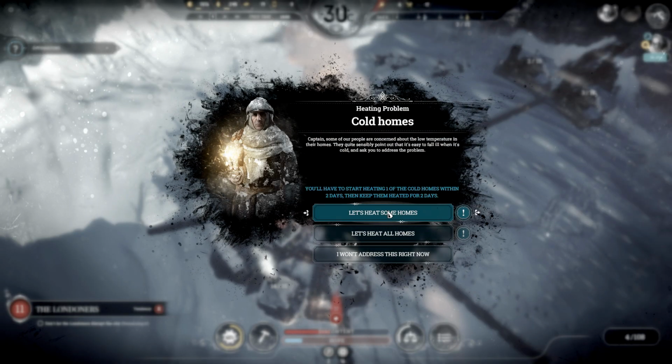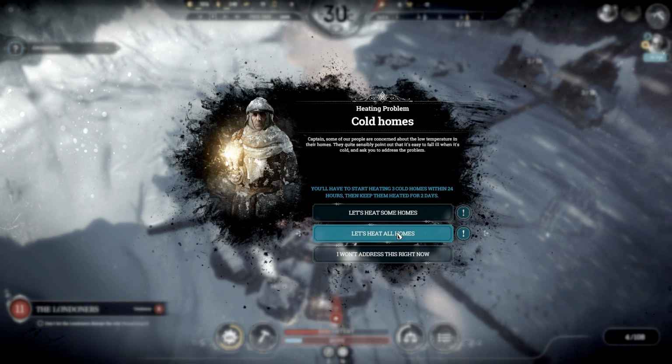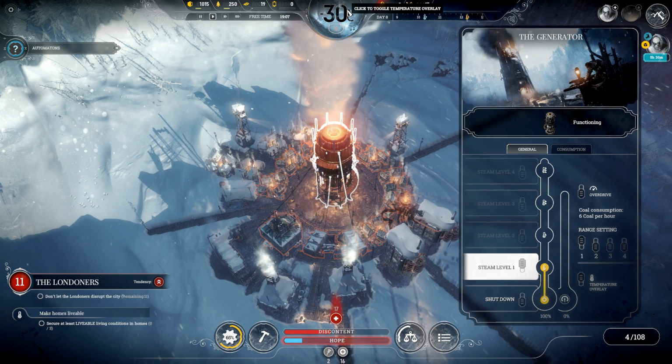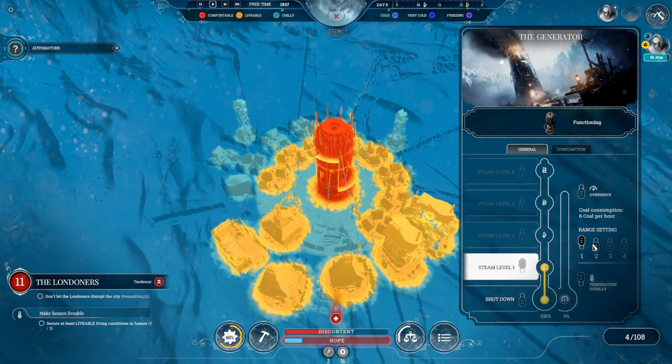You have to start heating 1 of cold homes within 2 days and then keep them heated for 2 days, okay? Or we have to start to heat 3 cold homes within 24 hours and then keep them heated for 2 days, righto. So basically these are the ones that are outside this range, yeah? Yep, so 1, 2, 3. So if we just crank that up to range 2...